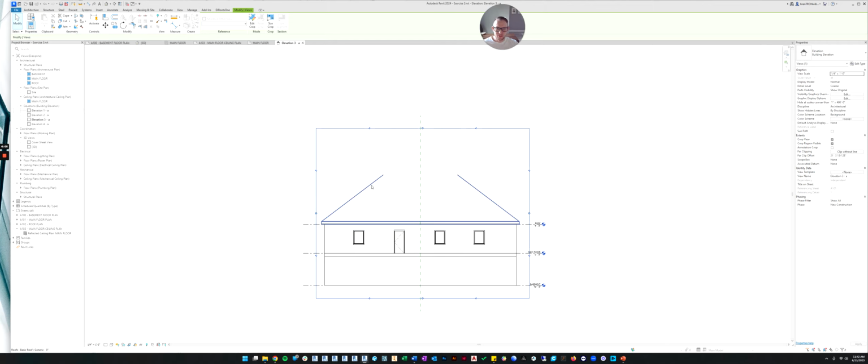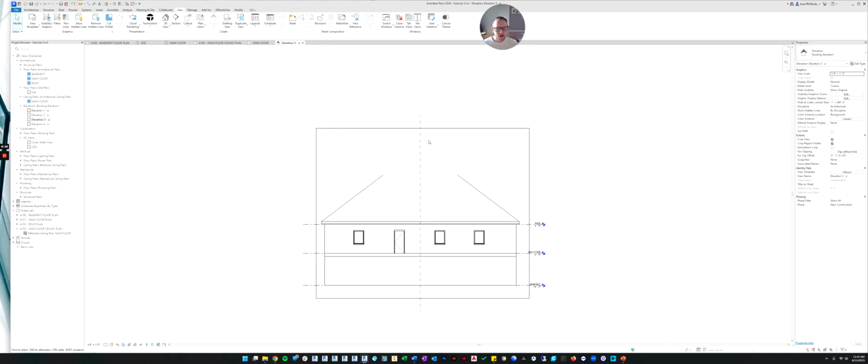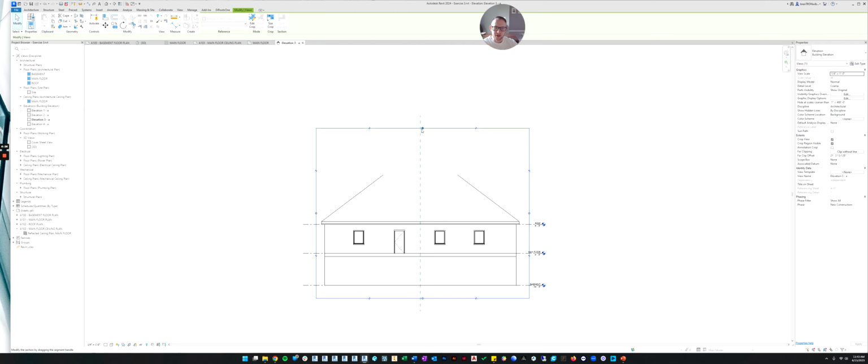And now you can see for some reason it's not showing the entire roof. So we need to fix that problem as well. Now we've got it cropped, but let's talk about why it's not showing the entire roof. Just like a floor plan, there are 6 ways that it's cutting the model up. In a floor plan, when we moved the crop region, it was slicing off the left and the right side and the front and the back of the model. And then the view range cuts the top and the bottom.